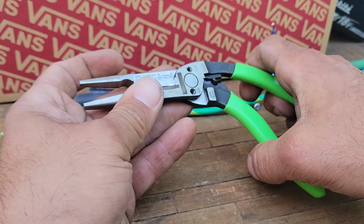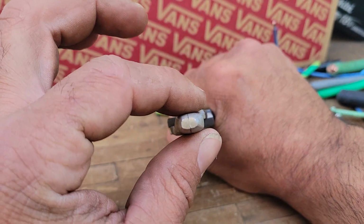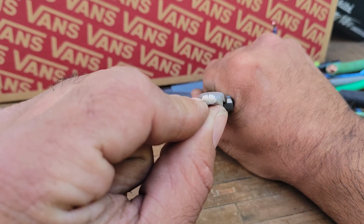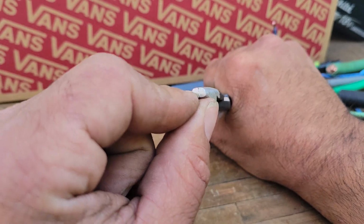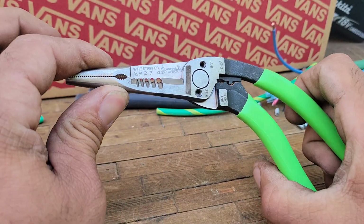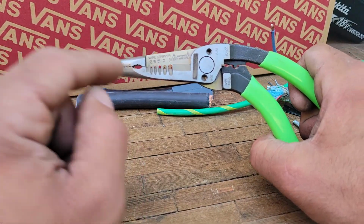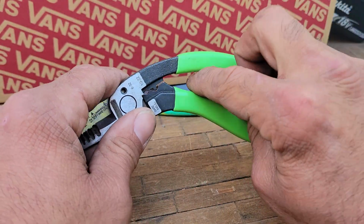So the improvement, I would say, would be we can maybe make this nose a little bigger and give it the knurled teeth like the Fujiyas or the Vampires or the new ones coming out, the Twin Grips. So now you would have a 7-in-1 plier. So you could use needle nose, you could extract, you could grip, you could strip, you can cut, you can shear, you can crimp, and maybe